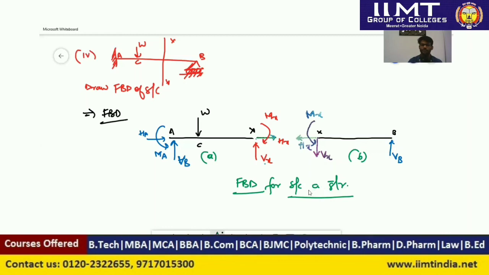So in AX, this is the A part, and this is the B part, and this is the FBD for the whole structure. Okay, so this is where we should stop, and I think I will be taking over from the next topic, which is external and internal stability of a structure.